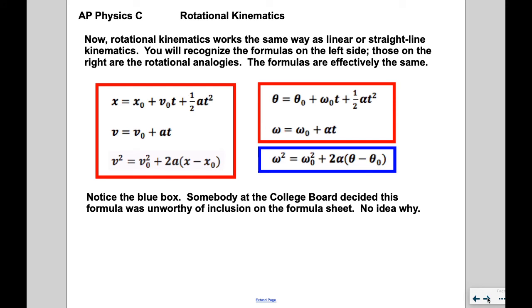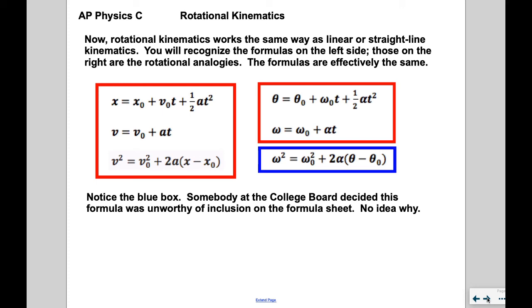Now, formulaically or mathematically, rotational kinematics works in the same way as linear or straight line kinematics. You'll recognize the formulas on the left side of the screen in the red box. These are the linear kinematics formulas that are associated with constant acceleration. On the right are the rotational analogies. These formulas are effectively the same. You can see the transference,